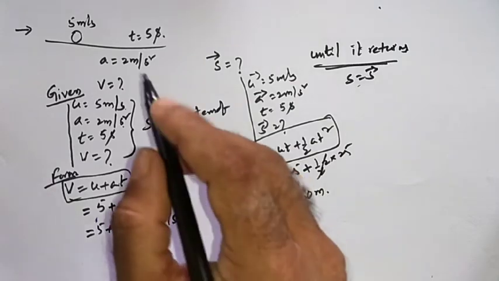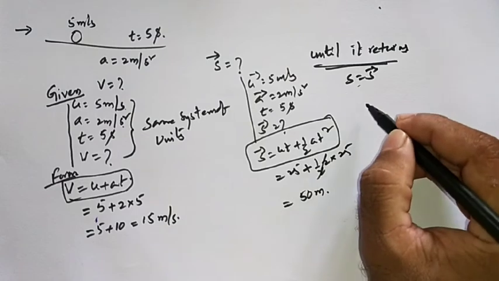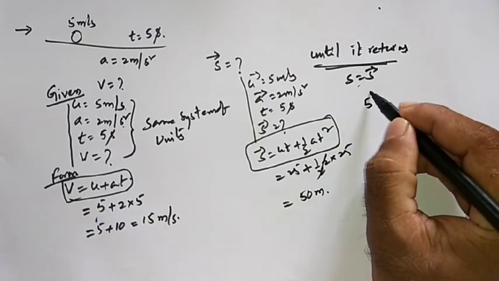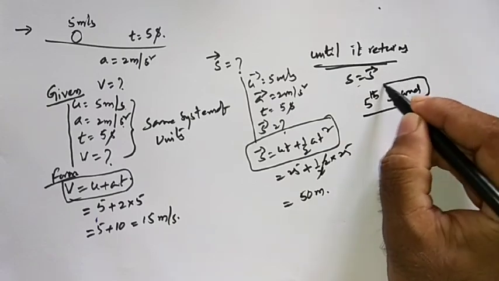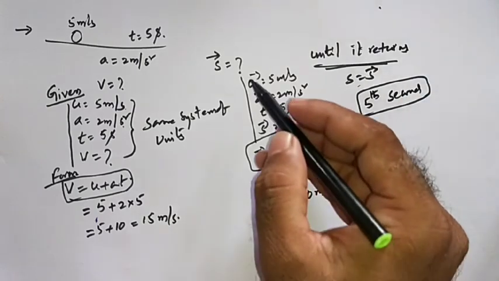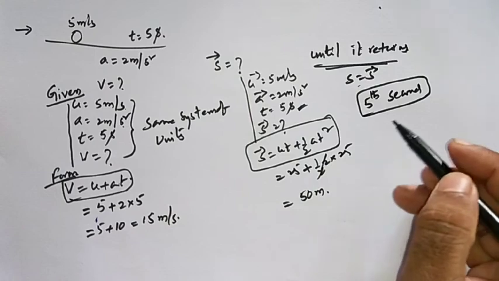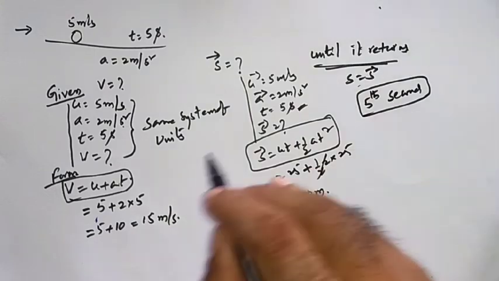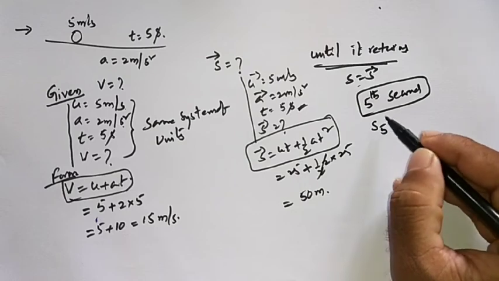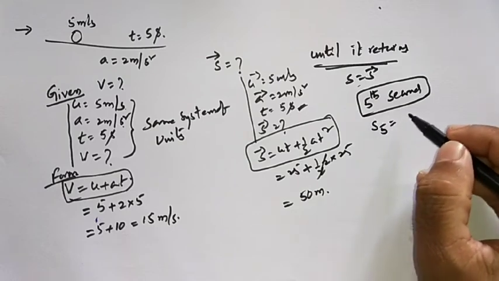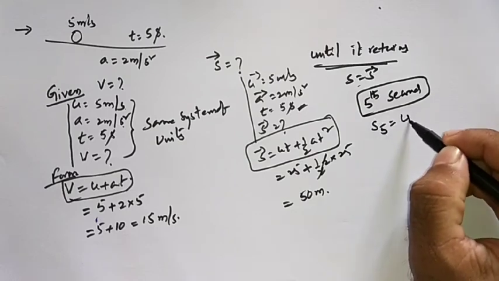In this you can use that as distance or displacement, nothing to worry. Clear? Now I want to calculate the displacement of the body in the 5th second. I have calculated for 5 seconds. Now I want to calculate for the 5th second. See how our answer is going to differ. So S5. Nth second means n. So 5th second means S5 is equal to, what is the formula actually?